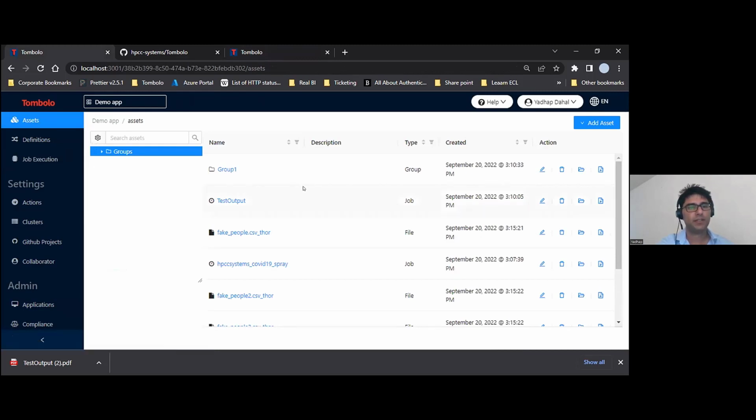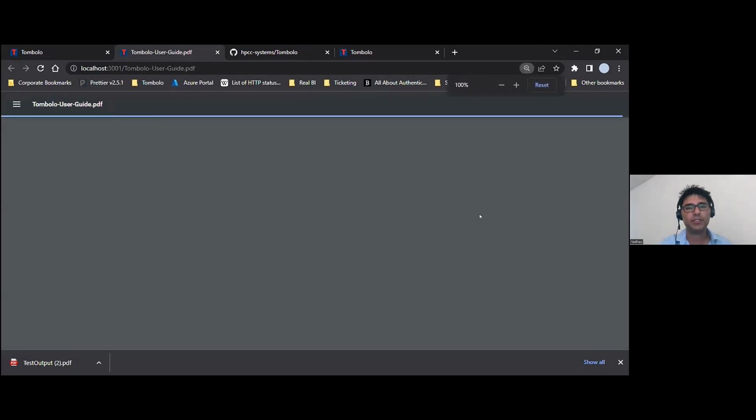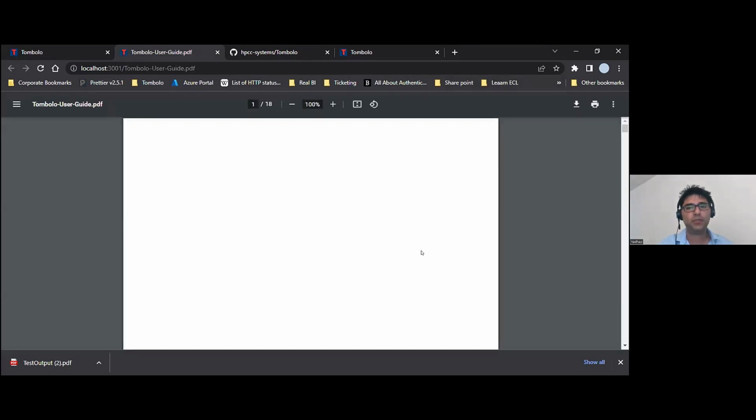Okay. So Tombolo is packed with a lot of features, and like I said, those were the main ones that I wanted to demonstrate. If you are using Tombolo and you need any help, or if you just want to look at the documentation, like what assets are, what definitions and workflows are, and things like that, you can come over here. We have this help section and we have this user guide. You can just click on the user guide and go through it yourself. Okay. And lastly,